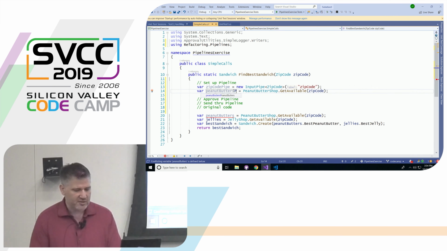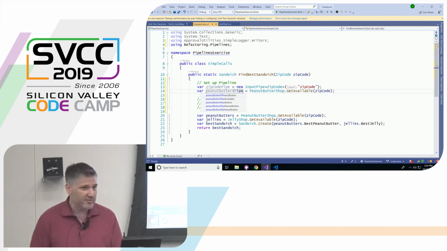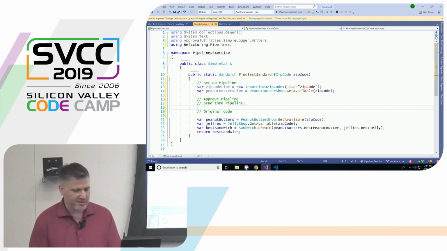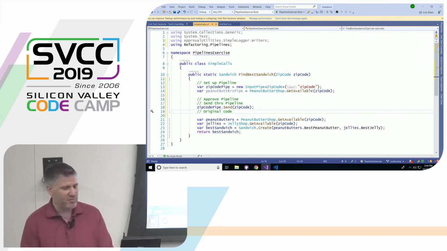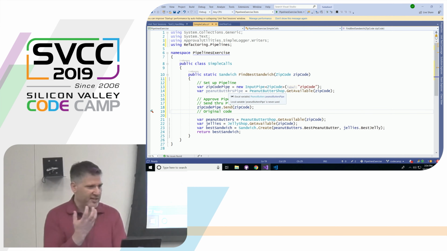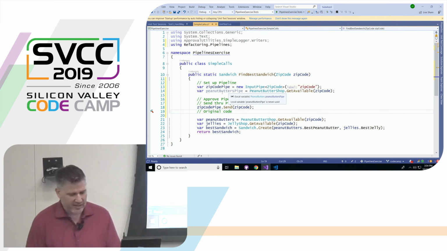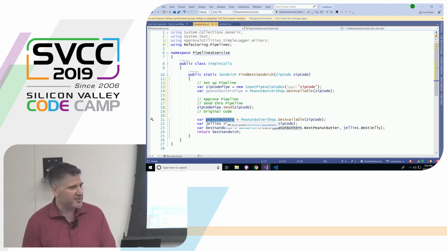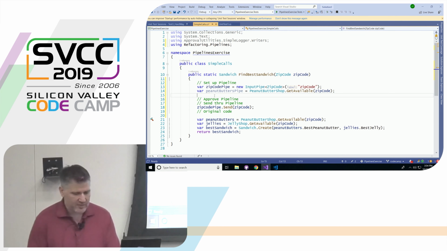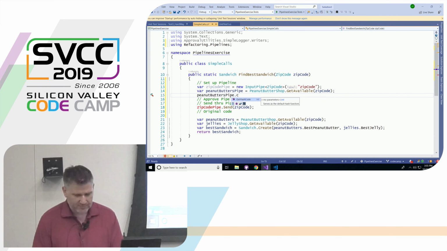This is going to produce a peanut butters pipe. And you need to send stuff through your pipe, so let's take that zip code pipe and send a zip code through it. But the problem now is I sent something through the pipe, but I haven't gotten the thing that came out of the pipe, and I need this peanut butters. I'm trying to replace this line. So I'm going to take my peanut butters pipe, and I'm going to collect